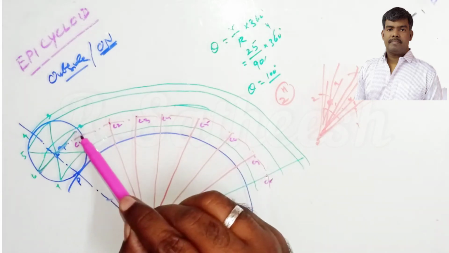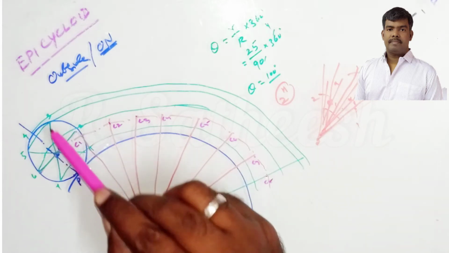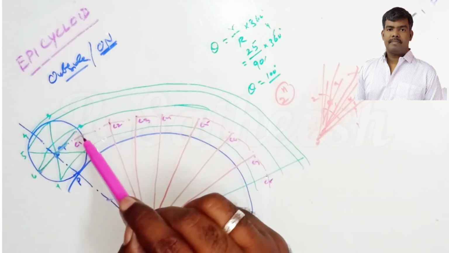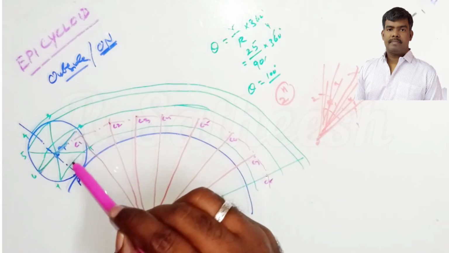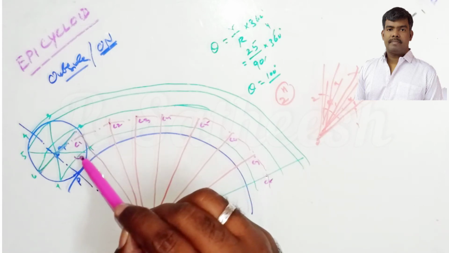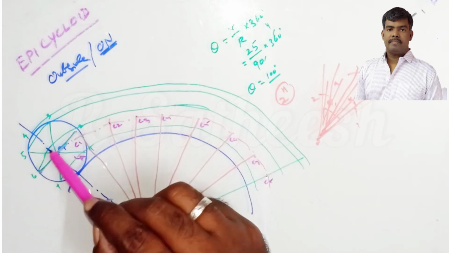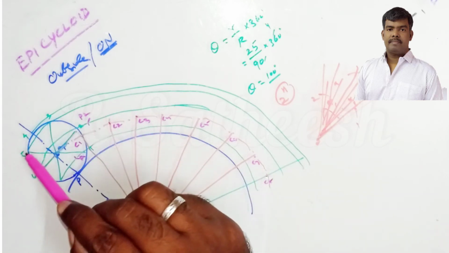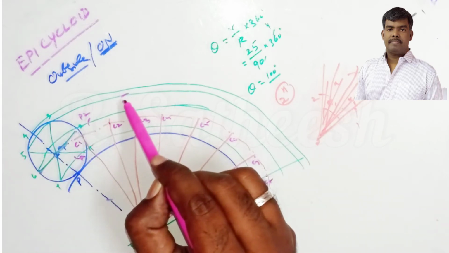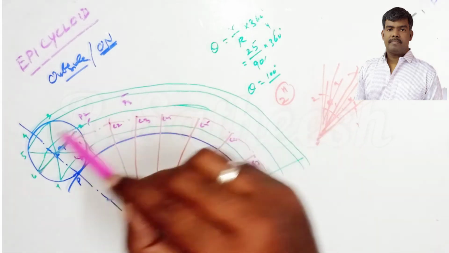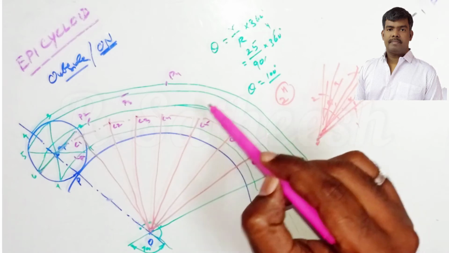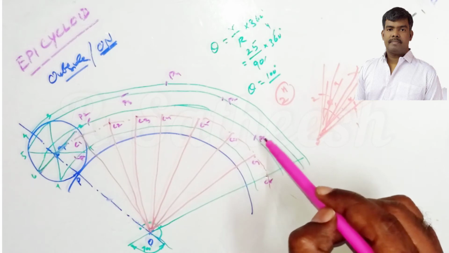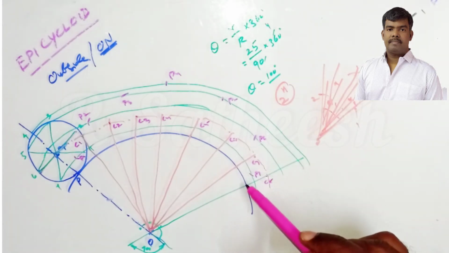Then very simple, C1 as the center, take radius 25 mm of the rolling wheel. So 25 mm as the radius, C1 as the center, intersect the arc on number 1 arc here, that is point P1. Next C2 as the center, intersect the arc on number 2, so this is point P2. C3 as the center, intersect the arc on number 3, so that is P3. C4 as the center, intersect the arc on number 4, we get point P4. Like that, C5 means P5, C6 means P6, C7 means P7, C8 this one.